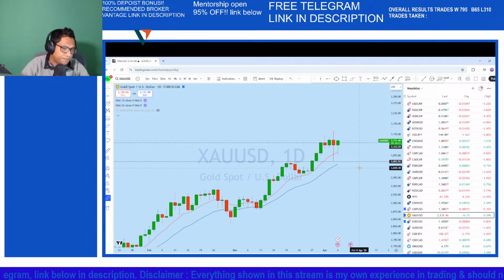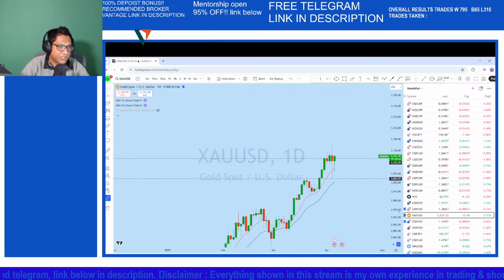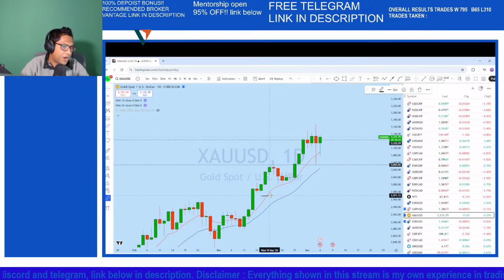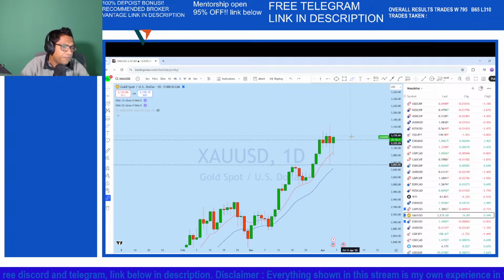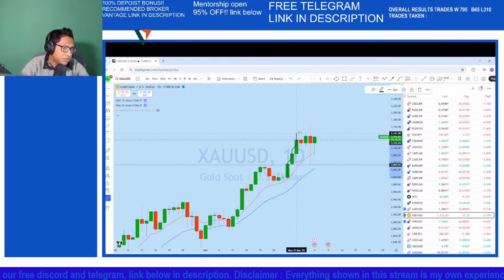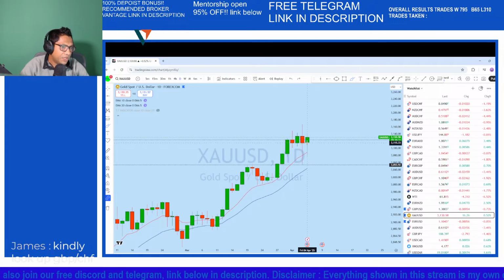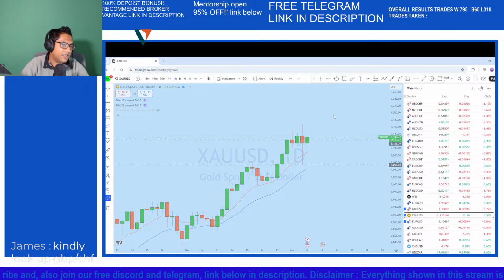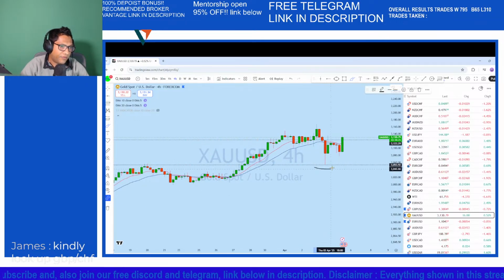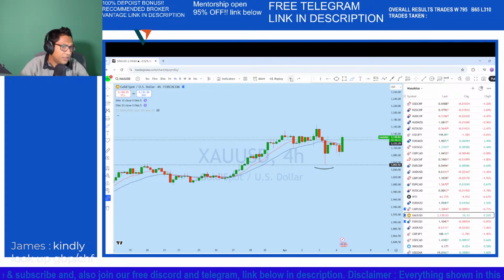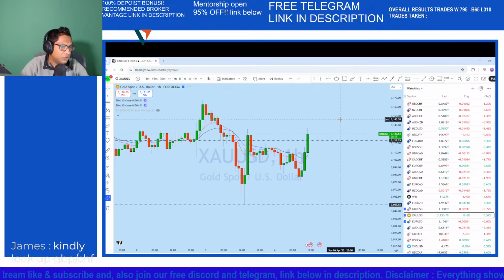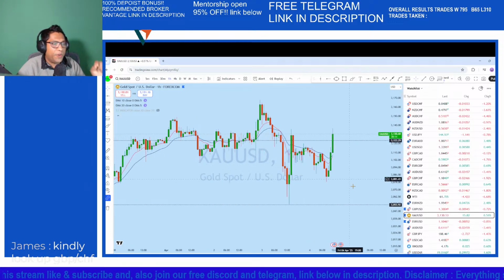Now looking at the daily, you can see this is the daily price action, where the price was forming a series of higher lows in that area. We see that this is an impulse correction. It is in another impulsive phase, and this is the daily candlestick pattern here, which is a very important bull candle. Now looking at the 4-hour, we saw that after forming a double bottom, there is a bounce here in this market on gold. And if we look at the 1-hour, dropping down, slowly breaking down below here,